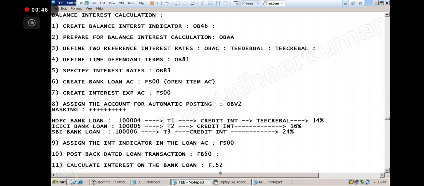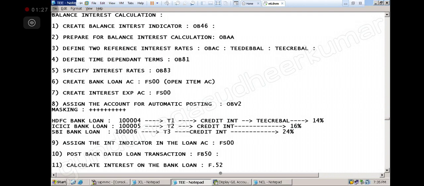Sir, in step 11, Episode 52, after creating, I can't create session, it's showing no list generated. Which means that either the loan GL account or the loan entry you have posted... have you checked the value date? Yes, sir. You changed it to backdated, right? Or for the loan GL account, did you select open item management? Check that. If it is not selected also, you will get that.